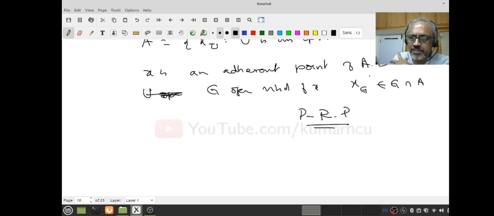Therefore, x is an adherent point of A. Now I made a special choice of A. I also found one adherent point. A may have a lot of adherent points. Every x_U is also an adherent point of A. But I make a special choice. Now I can apply the hypothesis. What does the hypothesis say? By hypothesis, f(x) is an adherent point